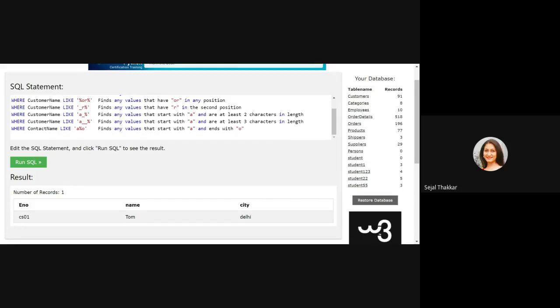Okay, the next is the IN operator. So IN means what? Suppose I have a list of countries or a list of cities. From that, I have to find only particular cities, for example customers who belong only to Ahmedabad, Mumbai and Goa.